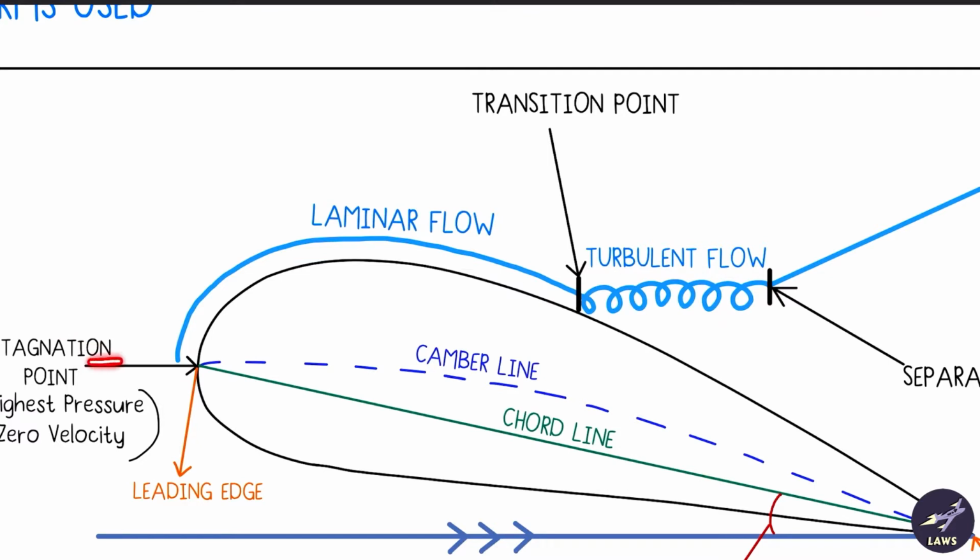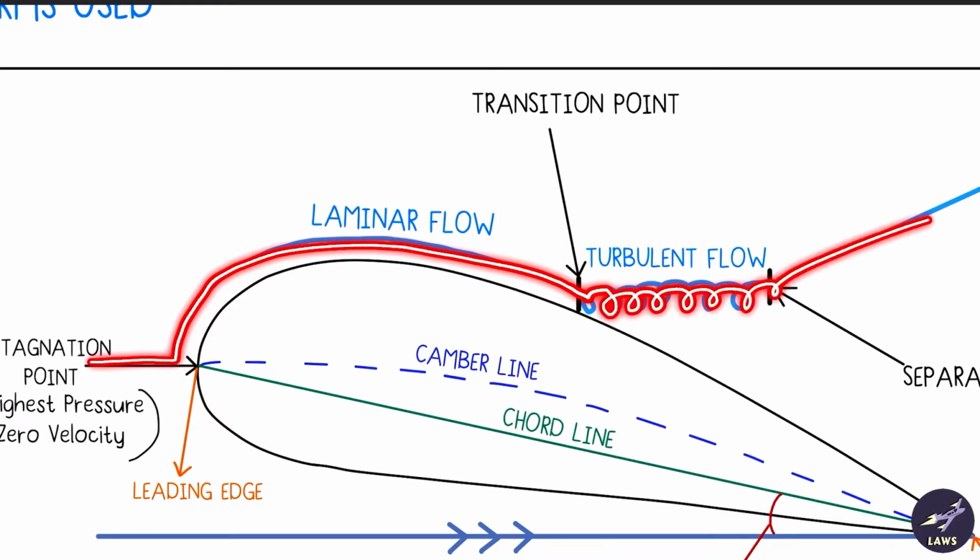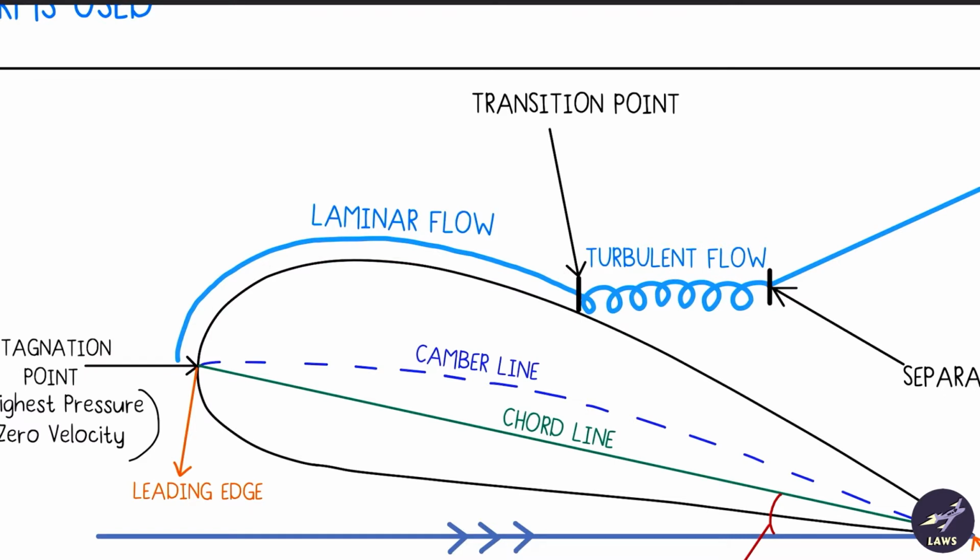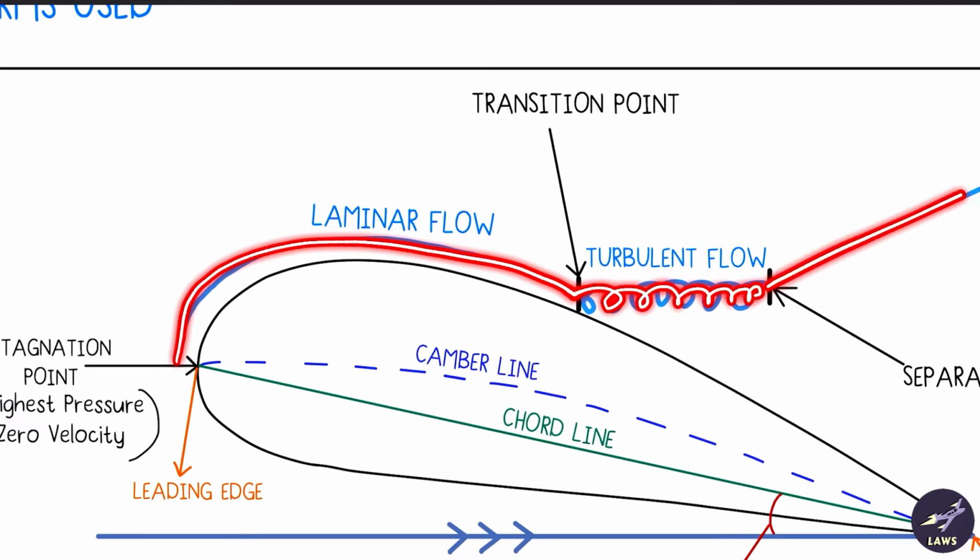As you can see, initially it is a smooth laminar flow, but after a point it gets turbulent as its speed increases. An example would be tap water. When you initially open the tap, the water flow is very smooth, it is very laminar. Okay, as you open the tap fully, the water comes in with greater force and it becomes turbulent. Similarly, initially the flow is laminar, but as the speed increases, it becomes turbulent and finally it separates.